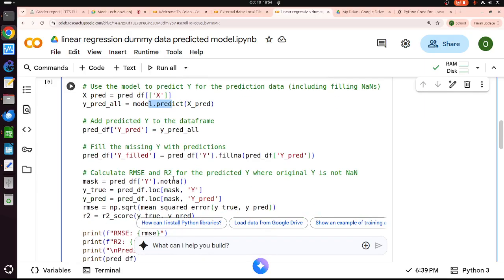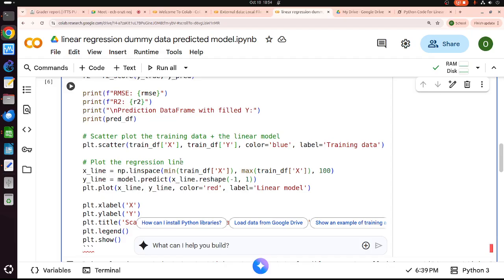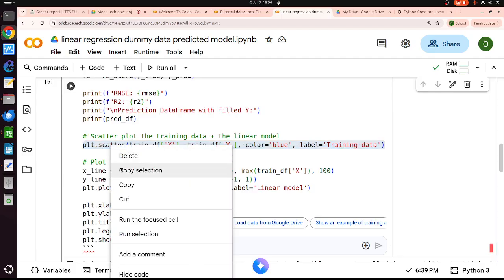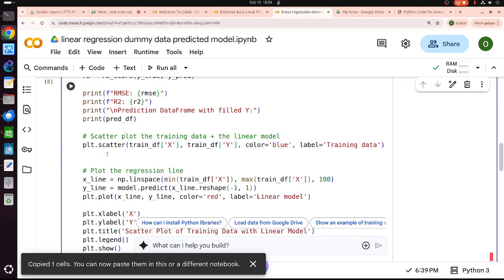Can I have the actual things? Okay. Add predicted y to y. Okay. So I want to plot these things. Oh, okay. Copy. Plot this one as well.